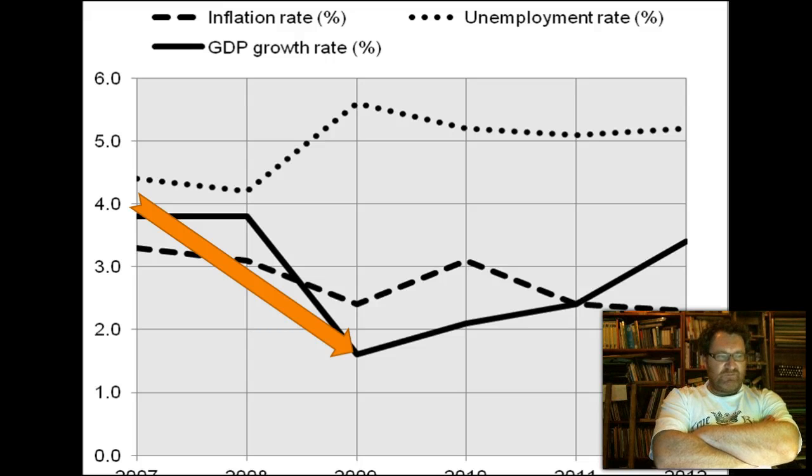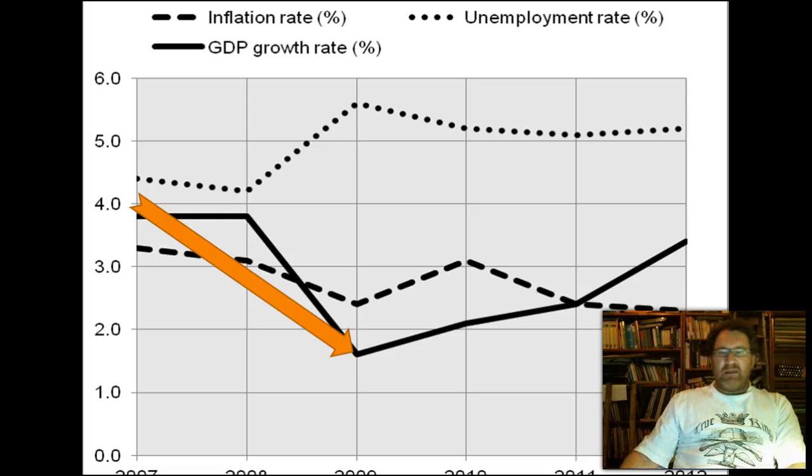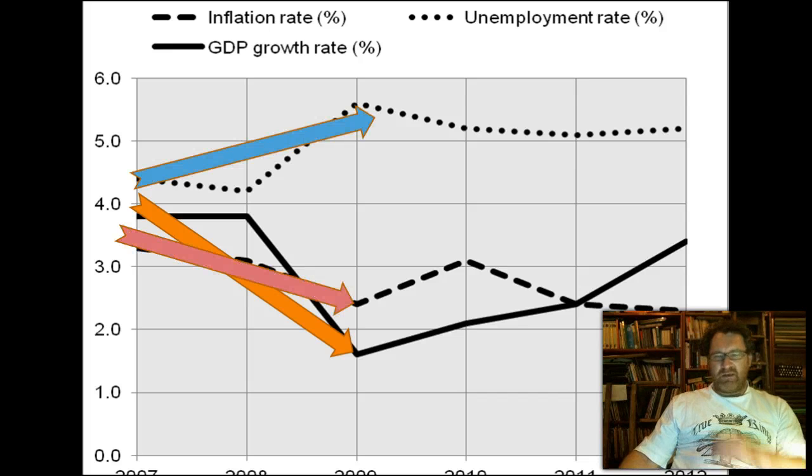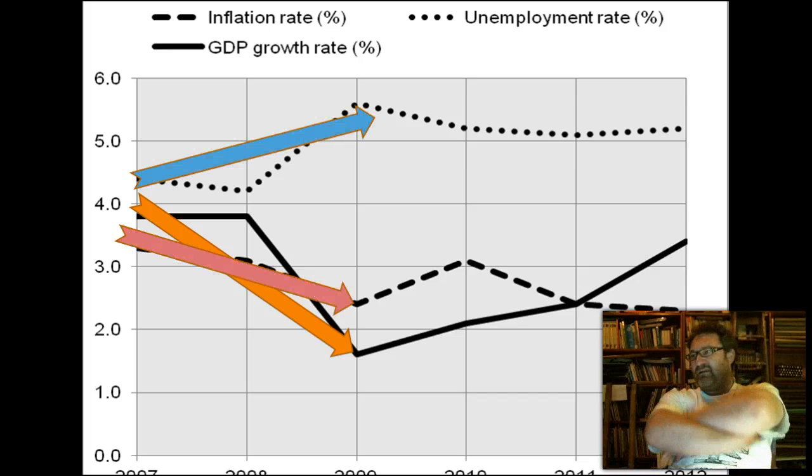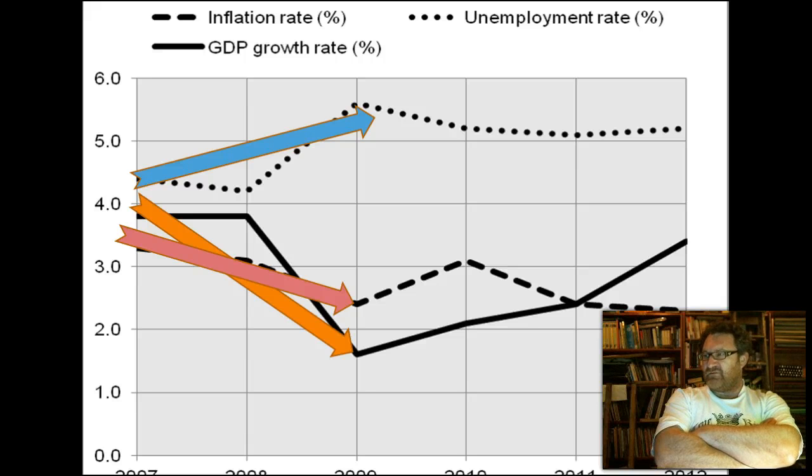Now, if the growth rate has fallen substantially, then one could presume that the growth in the demand for labour has also fallen substantially. And if that's true, then one would expect the unemployment rate to rise. And is that what we find? Well, roughly yes. If the unemployment rate rises, according to the explanation that was offered in the 1960s for the Phillips curve, unemployment is higher,